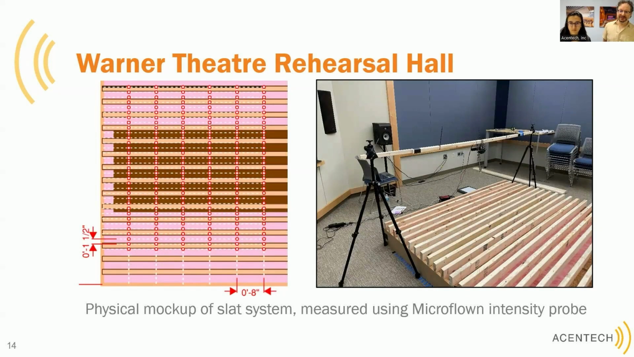Okay, so then we made a physical mock-up of this ceiling slat system. What we see on the left is a diagram showing the slats, the absorption behind them, that's in pink, and then the plywood reflector in brown, and then measured the reflectivity of that system up close with an intensity probe called the microflone. Very cool tool, very useful, and